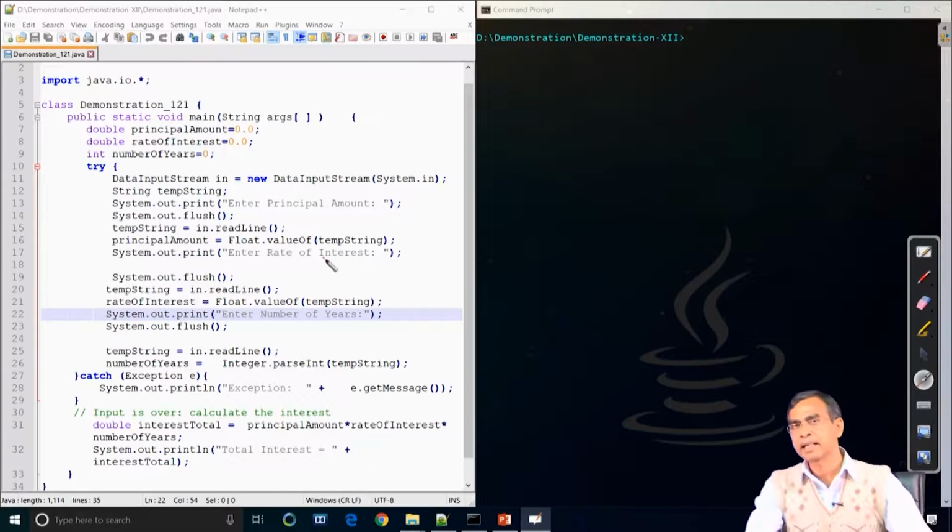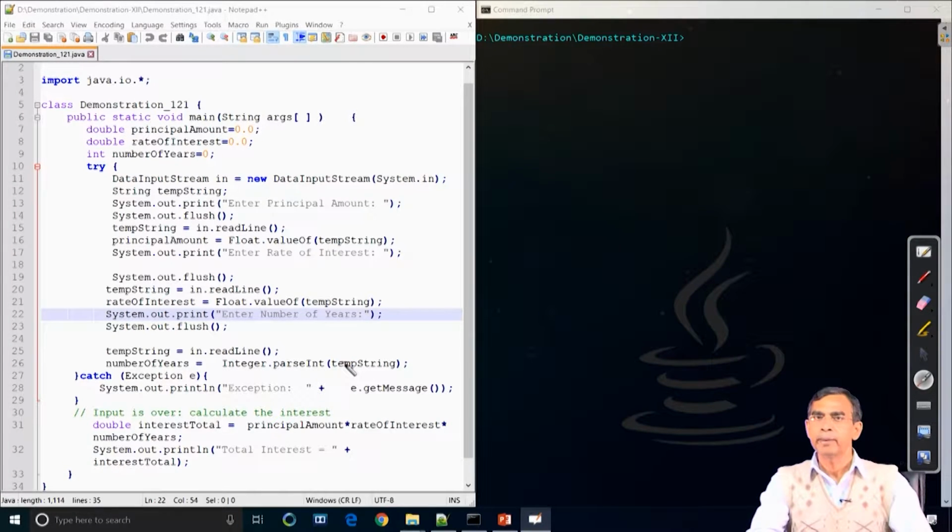Now, again we give another prompt, enter interest, again we flush it and then read the line, again read the buffer, and then again convert the string into the float value which is stored in the rate of interest. Then again we read the integer number, we convert it into integer format, as initially it is a string, and then store the value in the number of years. So, this is the way we can read the 3 inputs from the standard input, that is the keyboard here,